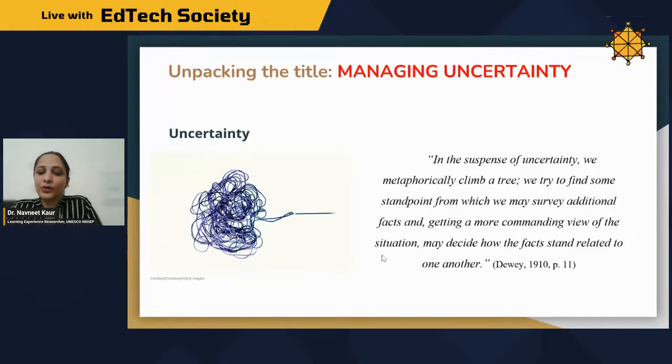Learners in a classroom are also having these emotions, and managing uncertainty would help in managing their emotions. But more than that, management of uncertainty is important because it has been proven that uncertainty is like a precursor to learning. So it's important that students wrestle with uncertainties. They manage uncertainties in a way that they try to find out the answers to their questions. And it is in this process of wrestling with uncertainty that they are able to learn new things. So if we want our learners to learn in the class, we want them to experience uncertainty and, of course, manage it in a productive manner.